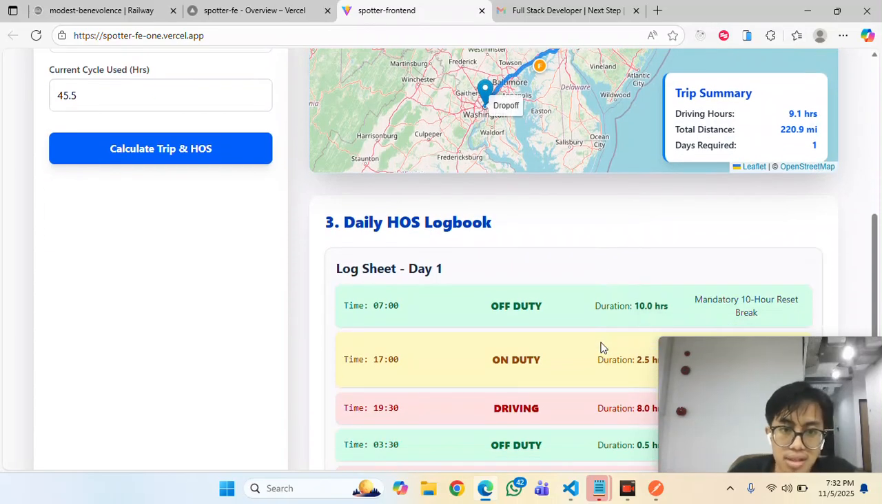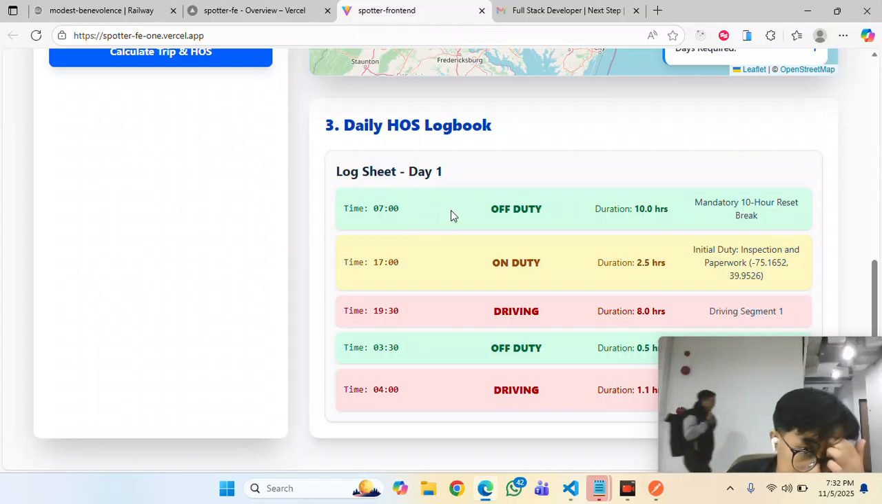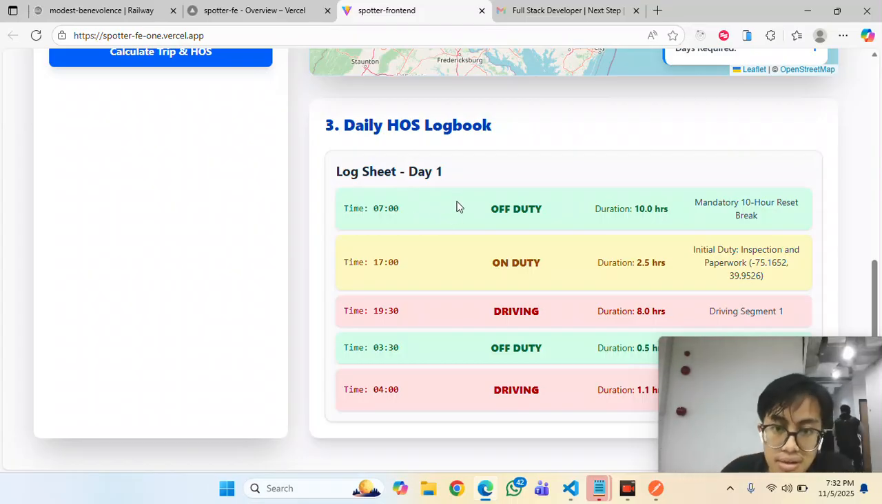And the third section is a daily hour of service logbook. We can see, we assume the driver starts from 7 o'clock. So the driver on duty duration is 10 hours mandatory. And on duty on 17